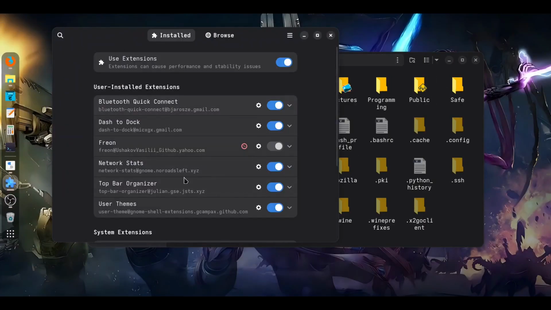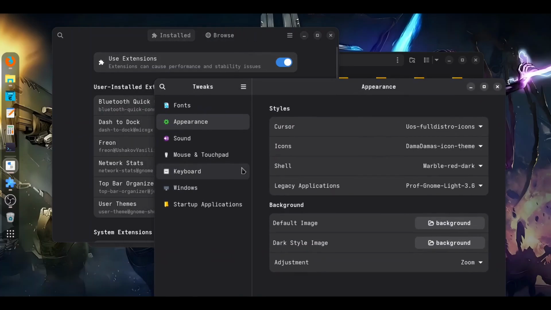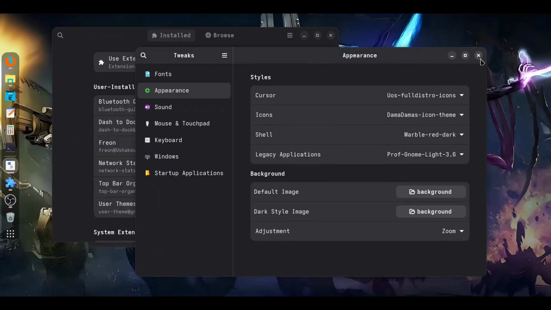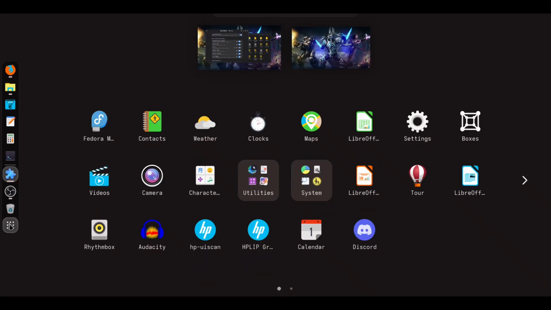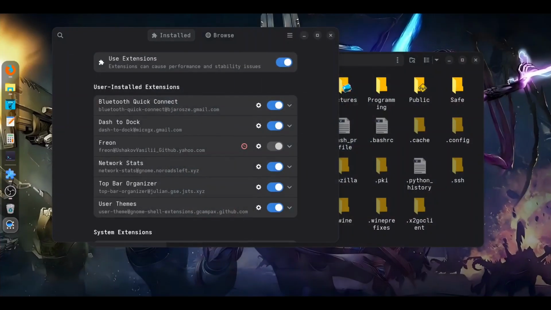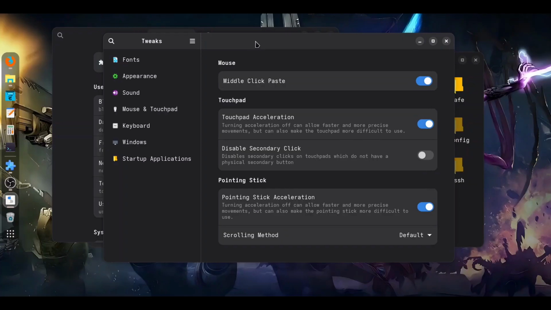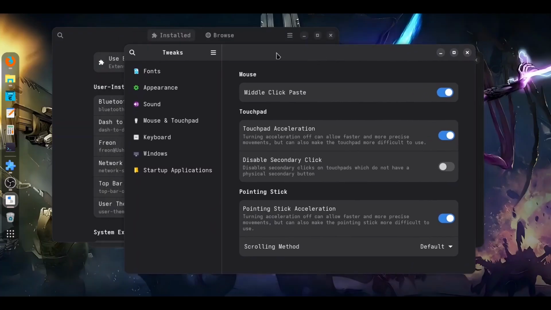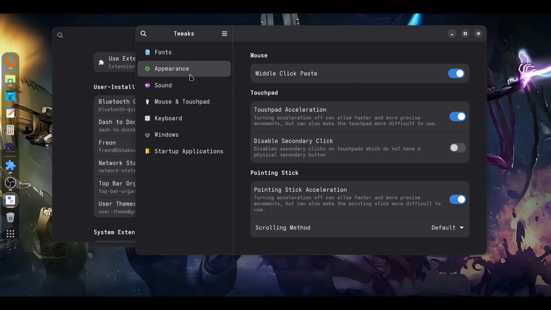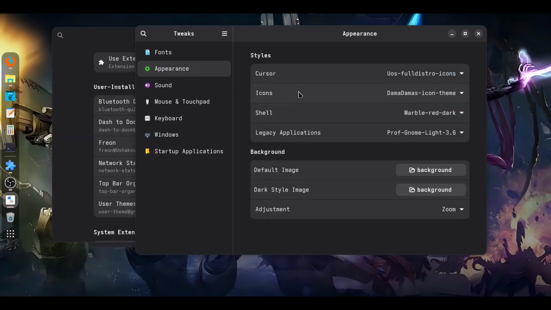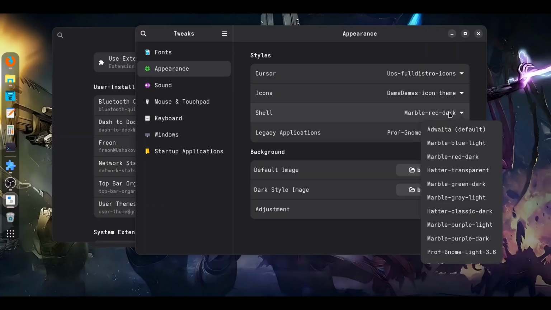No, I'm not going to deal with these application extensions for now. I have to reload this application, Tweaks. So I'm going to run it again. That's the only problem. Every time you set some theme into the appropriate directory, you have to load this application again. And now let's go to appearance, and now we are dealing with this shell tab. So let's find our